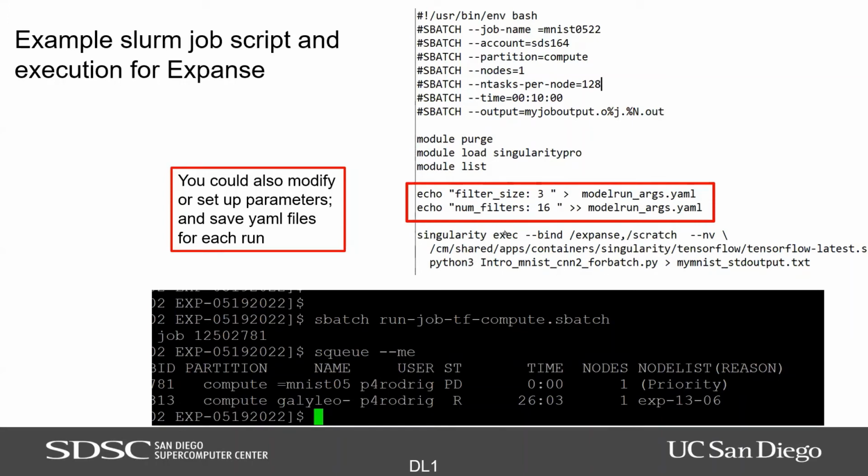You've got a command to run an exec. There's a bunch of Singularity images that have different TensorFlow versions in our CM shared apps directory. That's part of our SDSC environment. So this is one way to go. The Singularity images are nice because they're set up. And if you're going to use GPUs, you're going to want to look at the TensorFlow images that are set up for GPUs. The latest one, I think, is going to be set up to work on GPU and CPU. So if you go to that directory, you'll see what the images are.